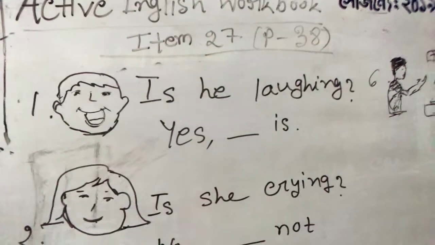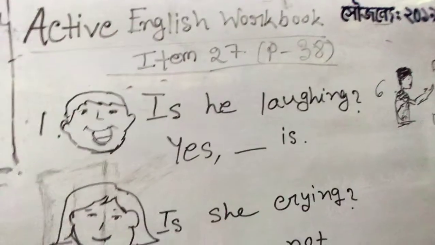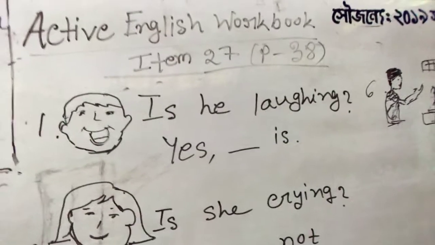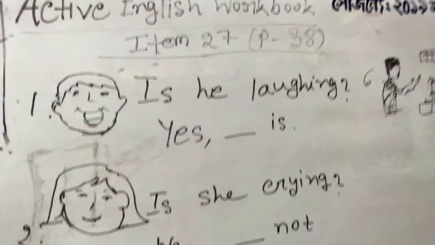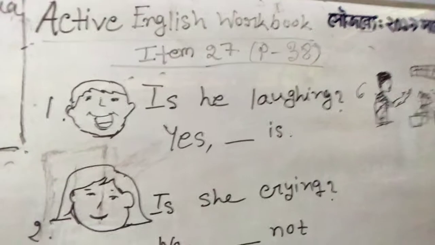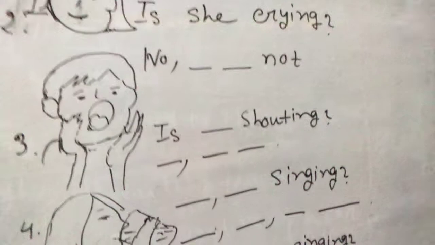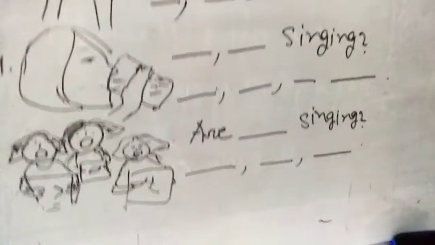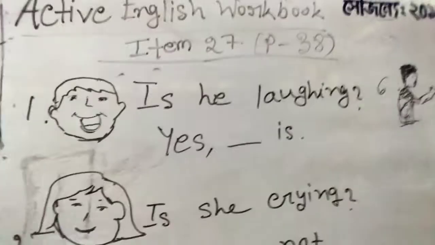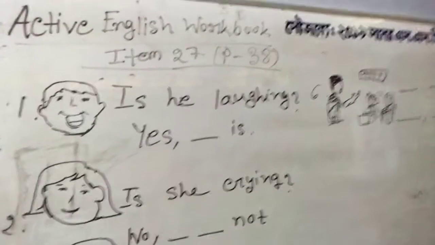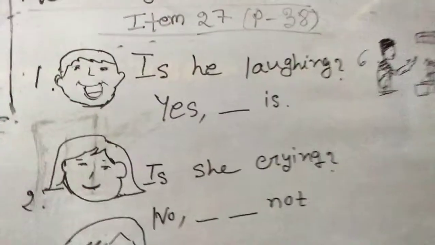So here in picture number 1, I hope you have your book with you and go through the pictures first. You can see pictures of different faces doing different activities. Someone is laughing, someone is shouting, someone is drinking or talking, etc. You just have to look at the pictures, and right beside each picture write whether it matches the picture or not. So what can you say in picture number 1?